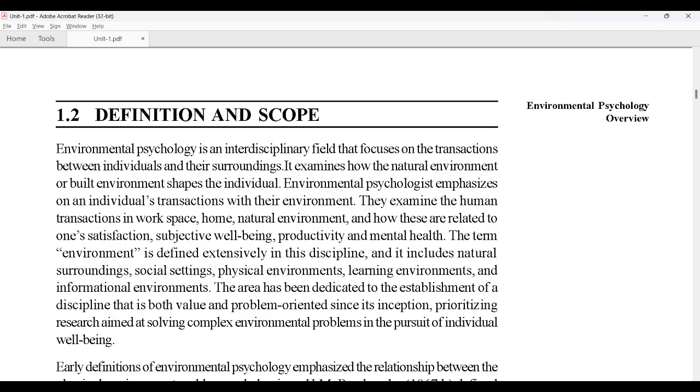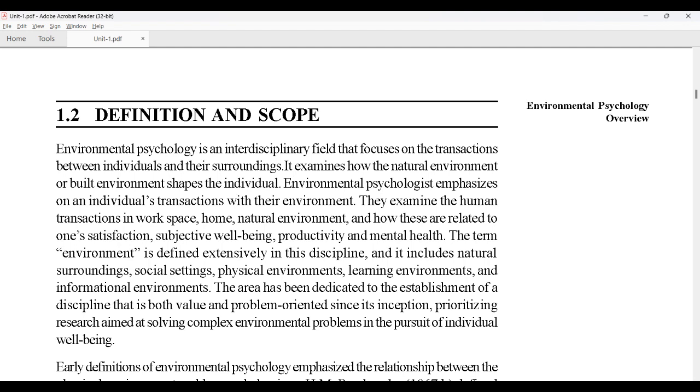1.2 Definition and scope. Environmental psychology is an interdisciplinary field that focuses on the transactions between individuals and their surroundings. It examines how the natural environment or built environment shapes the individual. Environmental psychologists emphasize an individual's transactions with their environment. They examine the human transactions in workspace, home, natural environment, and how these are related to one's satisfaction, subjective well-being,